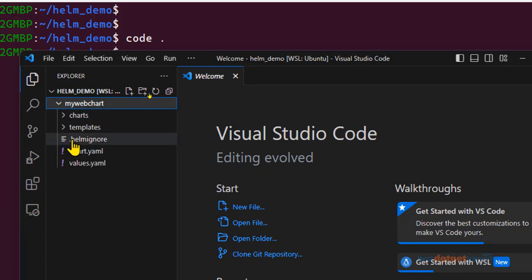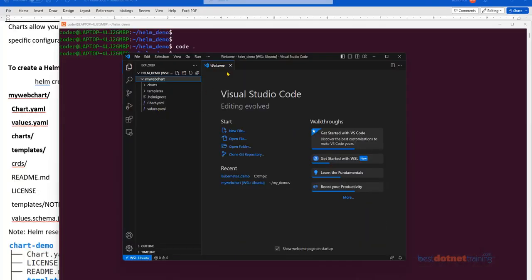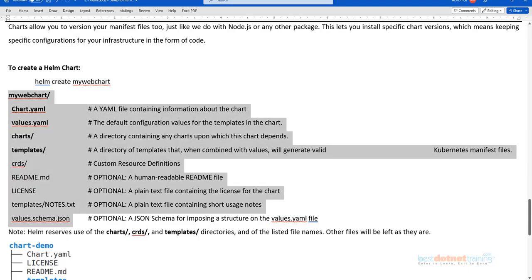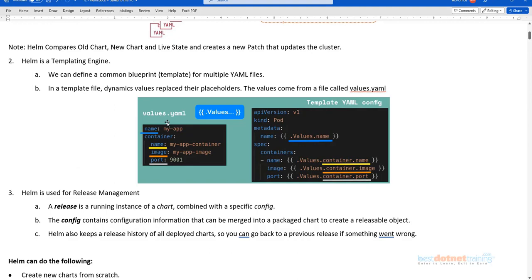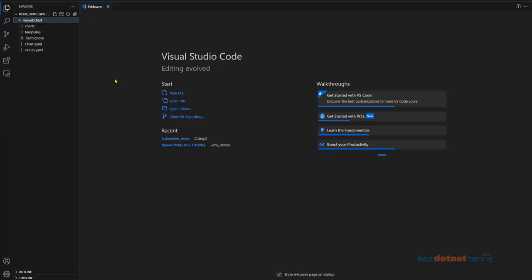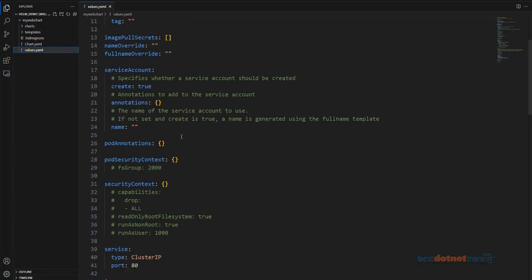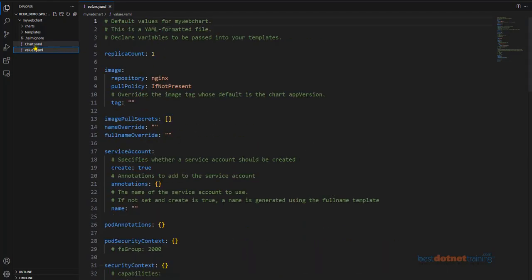So expand that folder and you will see two directories, charts and templates, and Chart.yaml and values.yaml. So in case you recollect, values.yaml should be a familiar name. Have you seen that somewhere here earlier? There you go. Values.yaml, isn't it? So we are basically looking at that file. It is going to specify the values. Got it? It's going to specify the values.